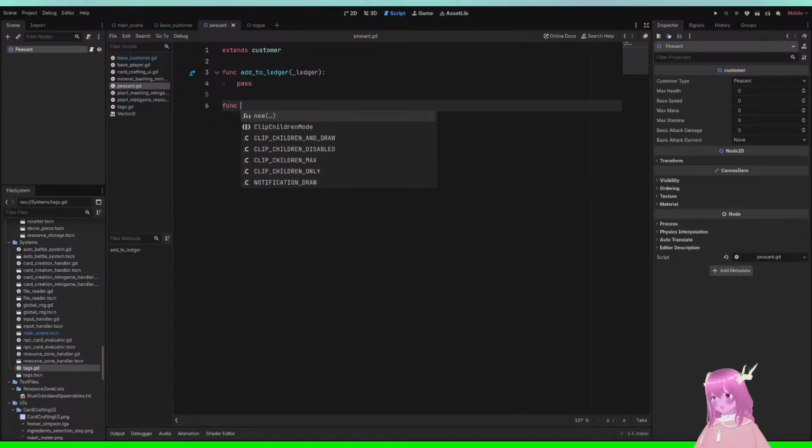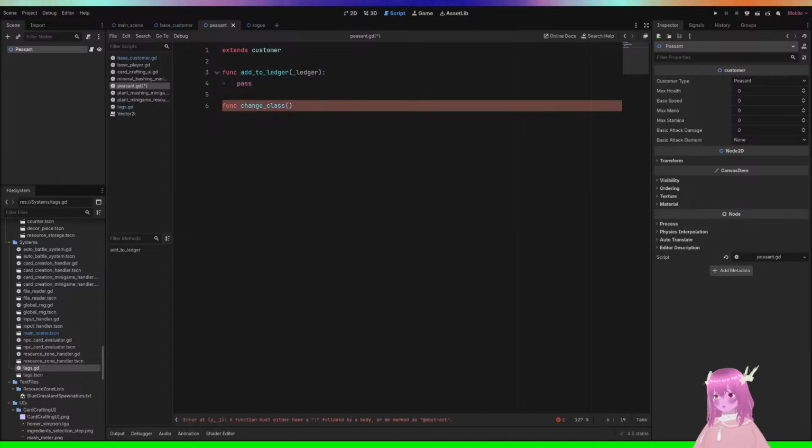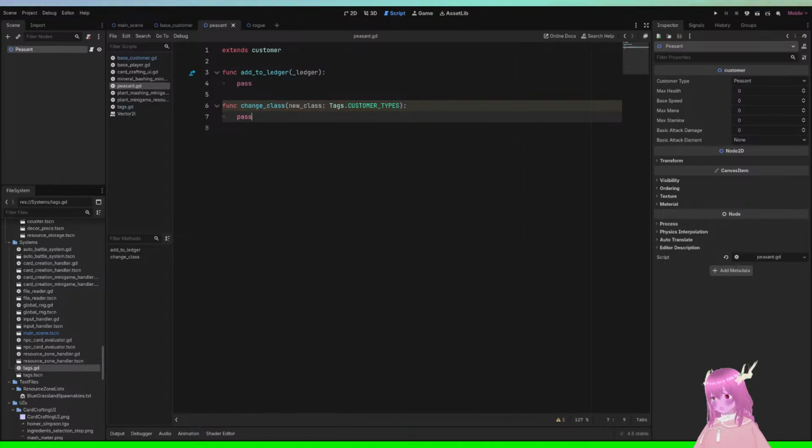For the pawn, I should actually say change class. New class. And this will be a customer, no, tags, customer types. And we'll just do that for now.